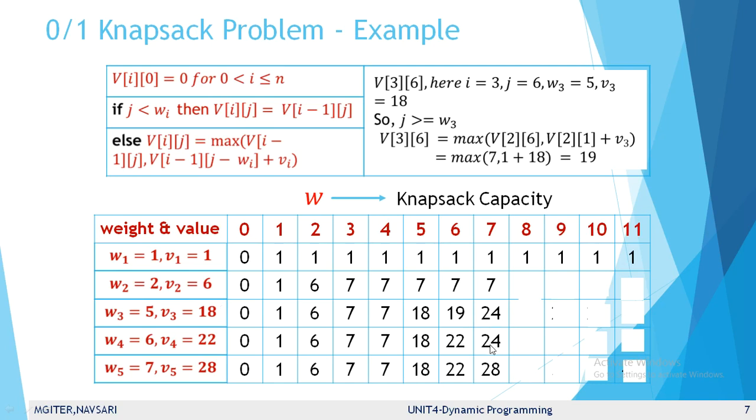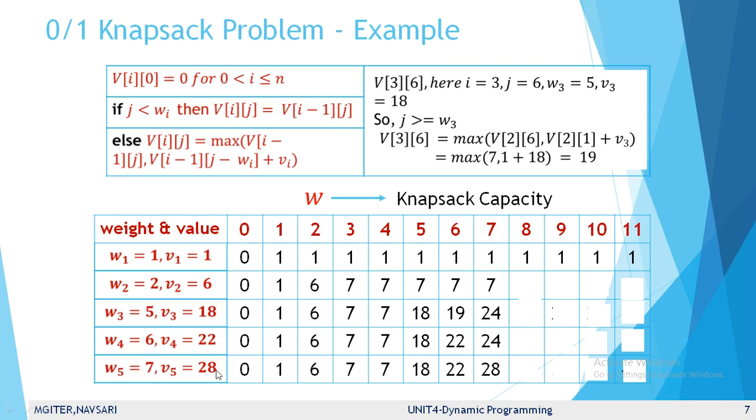Now in the next also we include the two items here. Here we have a choice, 6 plus 1: item number 4 and item number 1. 6 plus 1 is also 7, but the profit is 23. And item number 2 and 3, 5 plus 2 is 7, profit is 24. We include the item with the highest profit. So we include here item number 2 and item number 3 with the profit of 24. Now the capacity of the bag is 7. In row 5 we include here item number 5.